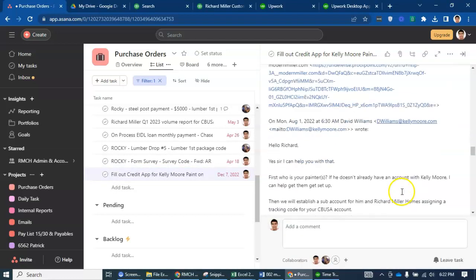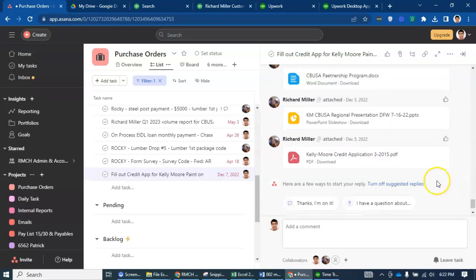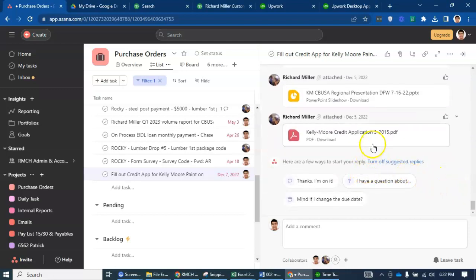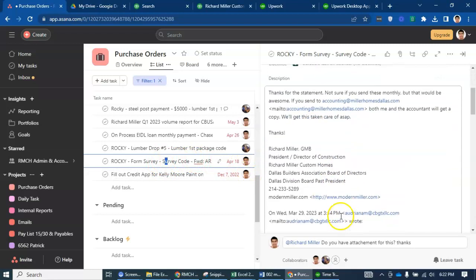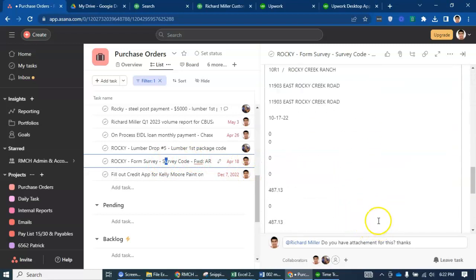Yeah, there's a reply, credit application. So this is not yet done, so let me do that. And this form survey, chargeable to Rocky, this is not yet charged.